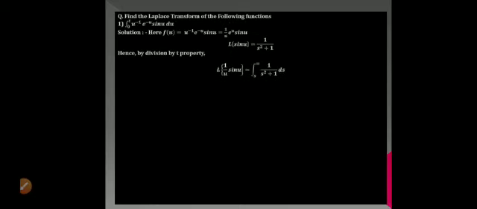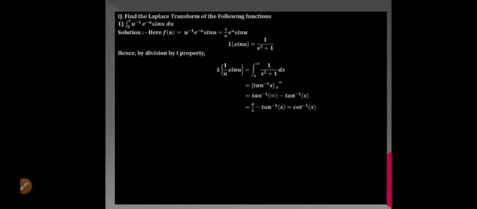So we have to integrate this function with respect to s within the limit s to infinity. The integrand is in the form 1 upon 1 plus x square, or 1 upon x square plus 1, and this is a very famous and frequently used result, that is tan inverse of x. Here it is tan inverse of s, and the limits are s to infinity. So substitution of limit: tan inverse of infinity minus tan inverse of s. Tan inverse of infinity is pi by 2. Pi by 2 minus tan inverse of s is cot inverse s.